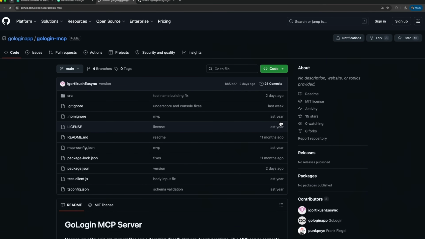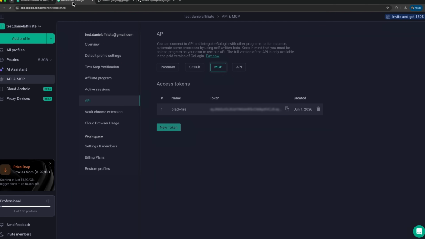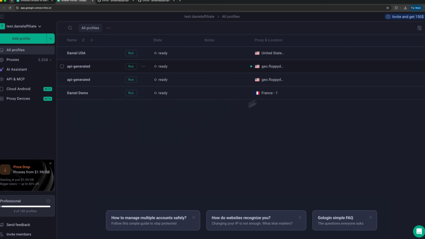Because of this connection, Cursor can communicate with Gologin more directly. It can list saved identities, read their IDs, and help prepare the connection without us manually digging through every setting. So instead of constantly switching between tools, we can ask the AI assistant to work with the Gologin environment from